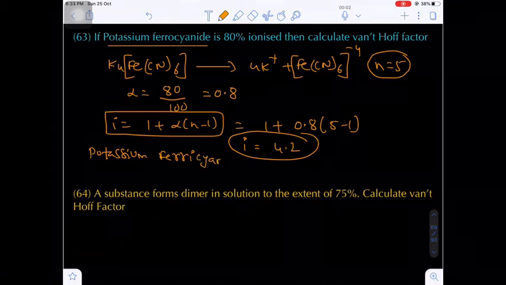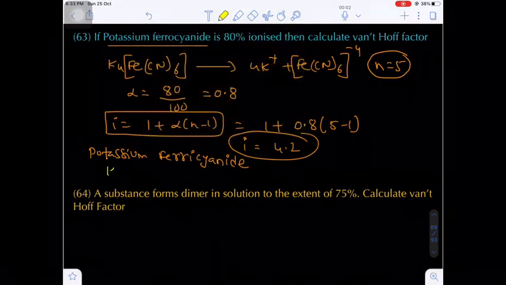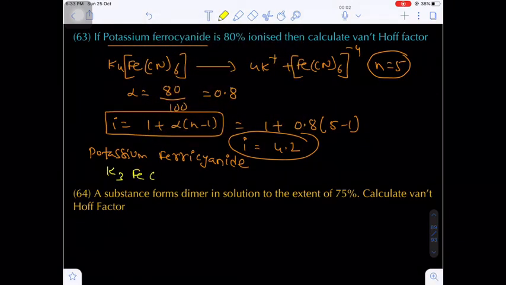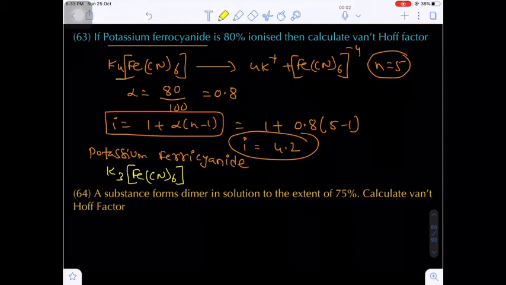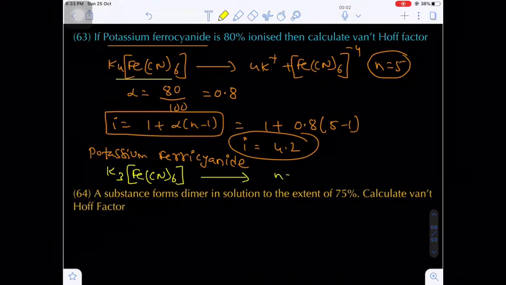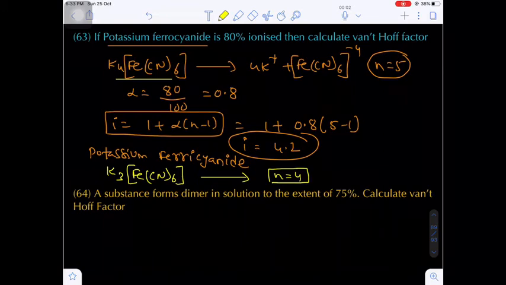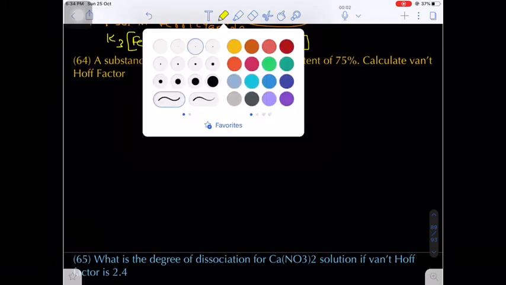Remember, one more important compound is there, that is potassium ferricyanide. Ferrocyanide, both are important. This is K3Fe(CN)6. What is K3Fe(CN)6? Potassium ferricyanide. What is K4Fe(CN)6? Potassium ferrocyanide. So in case of potassium ferricyanide, total number of particles will be 3 potassium ions and 1 complex ion. So total number of particles produced will be how many? 4. 1 complex ion and 3 potassium ions. This is very important. Okay.